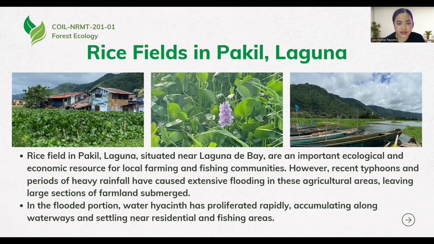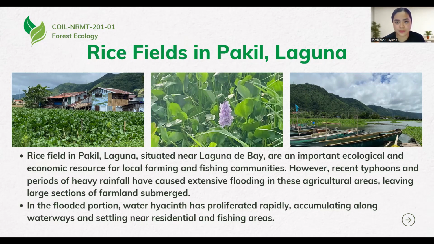Although the plant naturally thrives in stagnant and slow-moving waters, its spread during flooding further disrupts the environment by blocking sunlight, limiting water circulation, and reducing oxygen levels. These conditions negatively affect fish and other aquatic species. For farmers and fisherfolk, the combined impact of flooding and the increased presence of water hyacinth restricts access to their fields and fishing routes, threatening their overall livelihood. This situation underscores how extreme weather events, coupled with invasive species, can significantly compromise both ecological